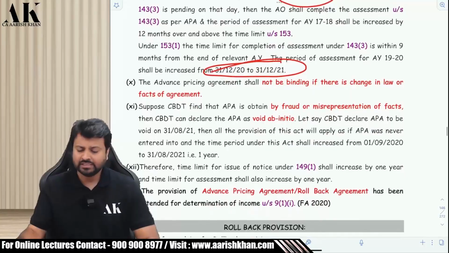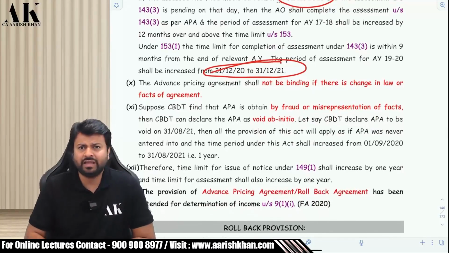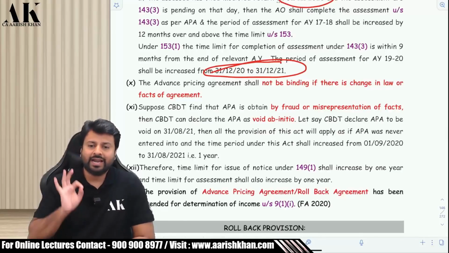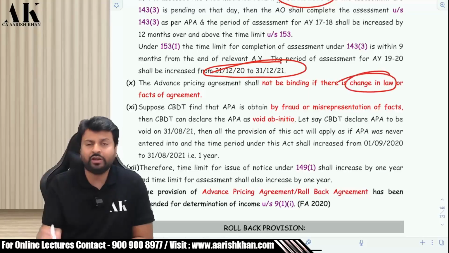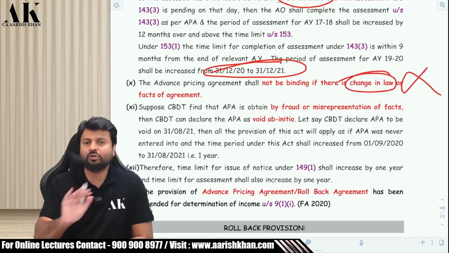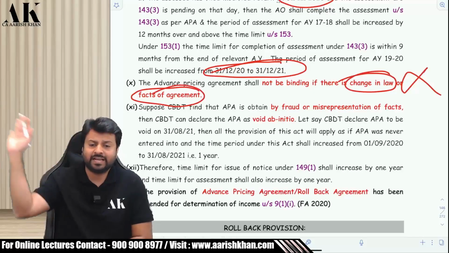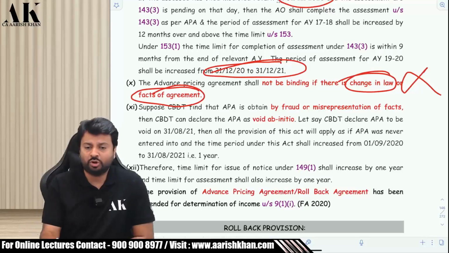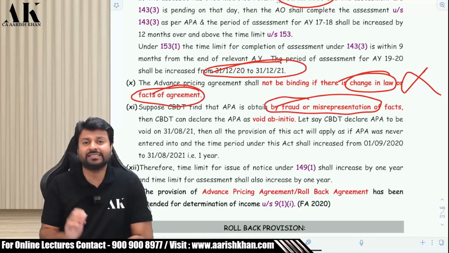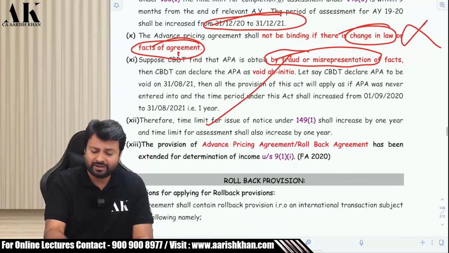Don't worry. Okay. Now, advance pricing agreement, is it mandatory always on everyone? Is it binding on everyone all the time? Not necessarily. Advance pricing agreement is not binding in certain cases. If there is a change in law in future, then advance pricing agreement is not binding. If there is a change in facts of the agreement in future, then advance pricing agreement is not binding on the assessee. Or if later on the department comes to know that there was a fraud done by the assessee, or there was a misrepresentation of facts done by the assessee,